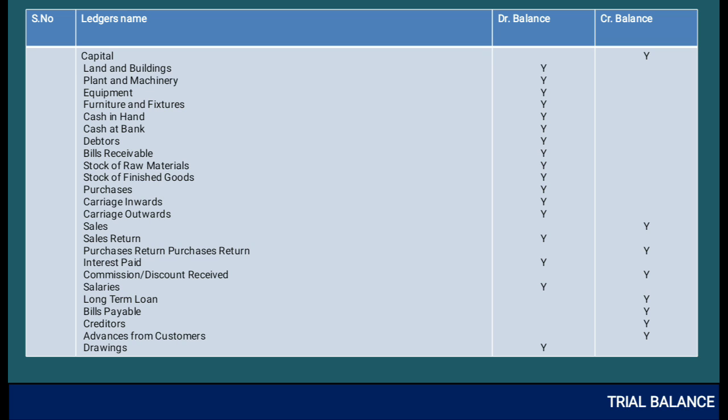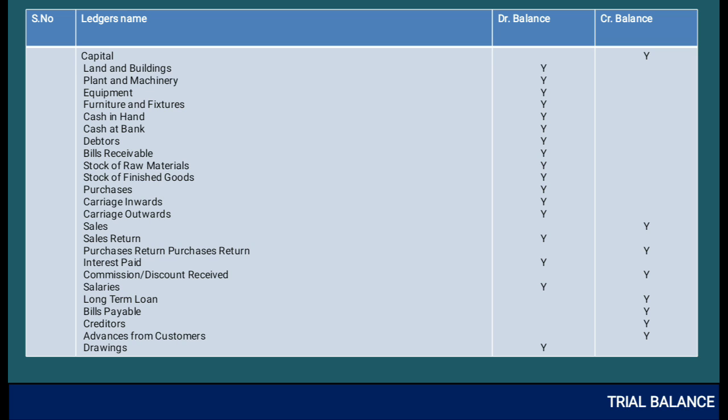Purchase, that is a kind of expense, so that's why we have to record it on the debit side. Carriage inwards or carriage outwards, both are types of expenses. Actually carriage inward means expenses which we paid on purchase, and carriage outward means expenses which we pay for the selling purpose. Sales, after the selling of goods you will get income, so sales comes under income. That's why the balancing figure of sales will always be credit. Sales return, just the opposite, it will be a debit balance. Purchase return, okay, it will be credit.